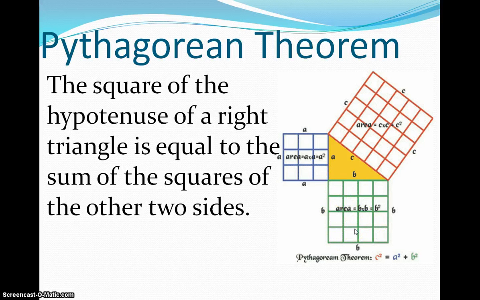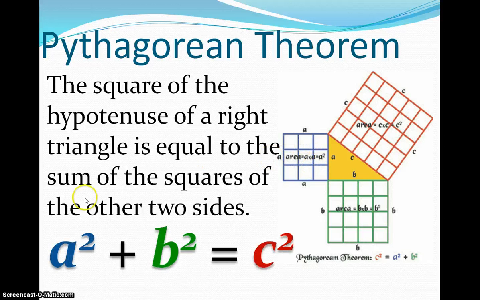Now, if you add up the number of squares in this blue square plus the number of squares in this green square, it will equal the number of squares in the red square, which actually illustrates one of the most famous Pythagorean triples. Basically, it is the grouping of numbers that follows the Pythagorean theorem: 3 squared plus 4 squared is equal to 5 squared. Generically, there are plenty of situations and numbers that follow the formula a squared plus b squared equals c squared,